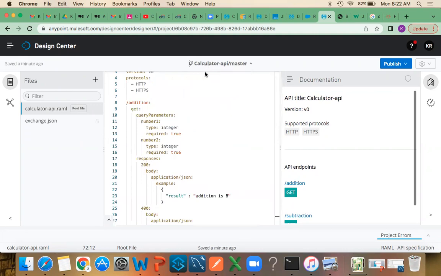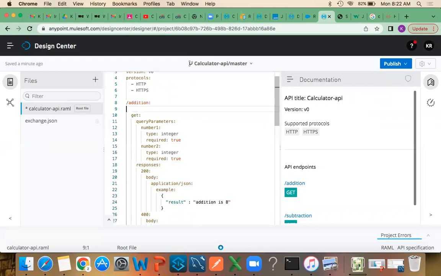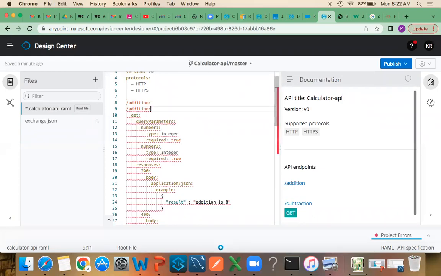So in one API, we cannot write the same resource path twice. See, now addition is there, right? I copied this and I'll paste it again. So it is giving some error. What is it giving? Duplicate key. Duplicated resource path /addition. Duplicate means